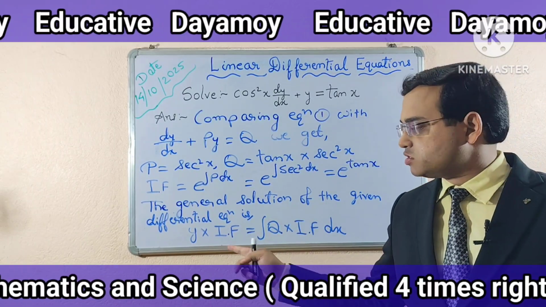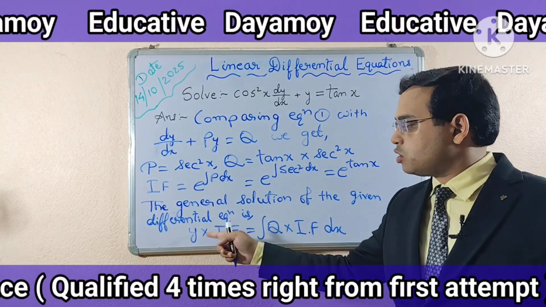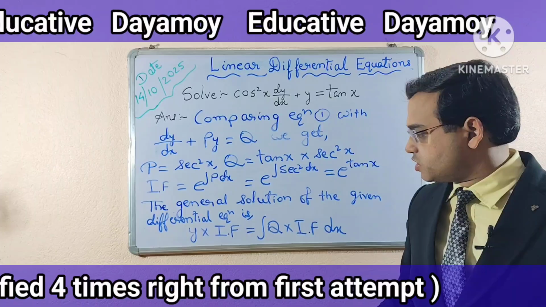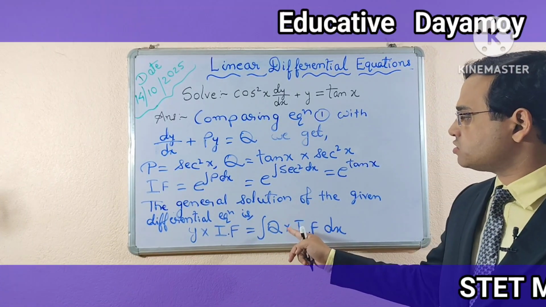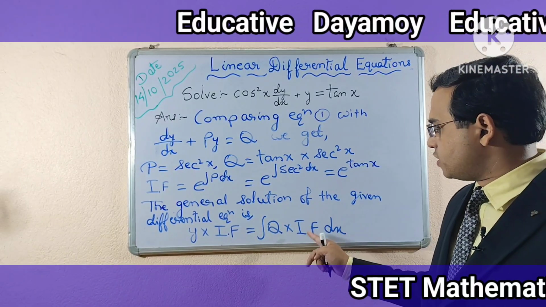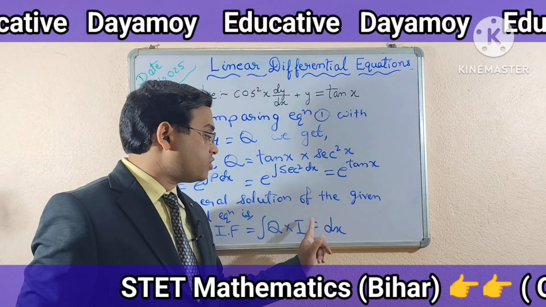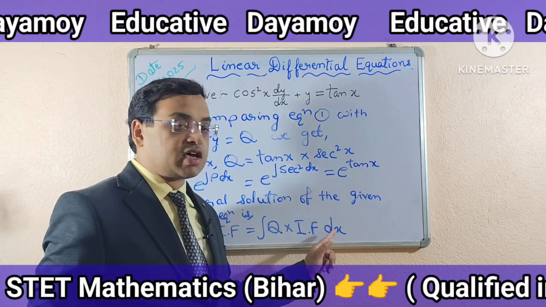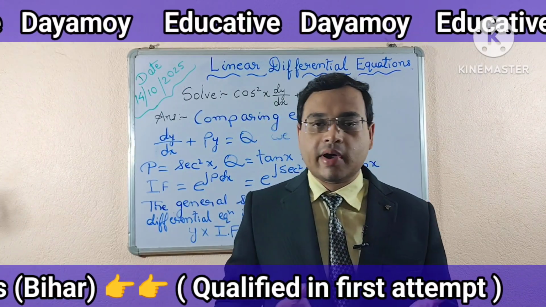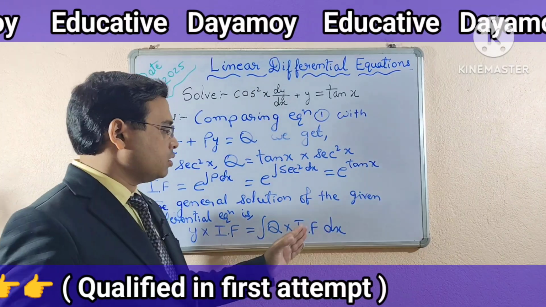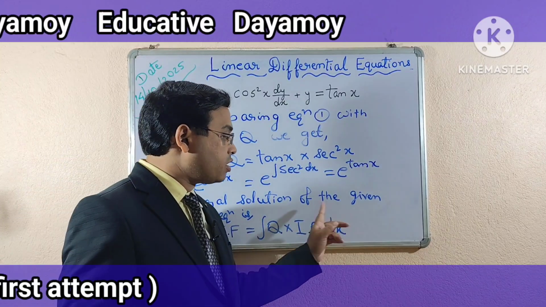Now one thing you have to note here is that in such formulas, where this is the standard form, y will always be there, the integrating factor will always be there, and integration of q, where q is a function of x, will always be there, and this dx will always be there. Don't get confused by this dx. Why have I written dx here? Why have I not written dy or dz? This question may arise in everyone's mind. The reason is that here dx is the independent variable, so I have written dx in the formula.